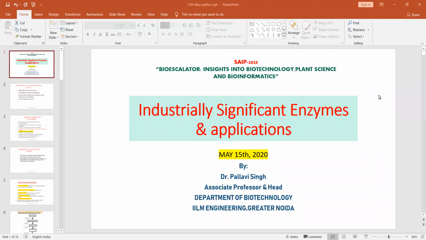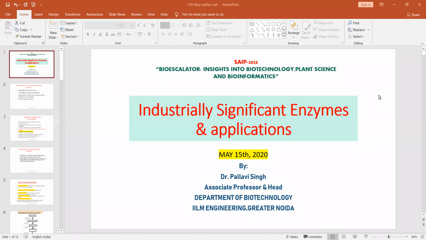Yesterday we discussed sterilization kinetics, various methods of sterilization, continuous sterilization, and batch sterilization. We also discussed that whether you talk about growth or death, both follow first order kinetics, and we can relate both the specific growth rate and death constant with the Arrhenius equation in terms of activation energy.